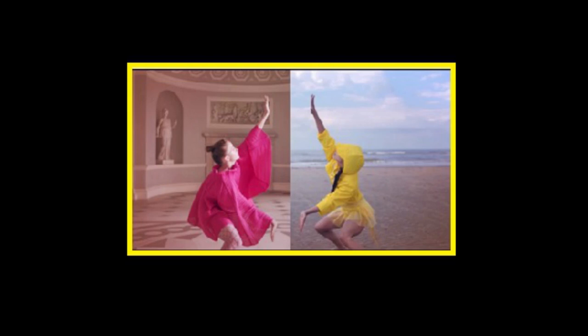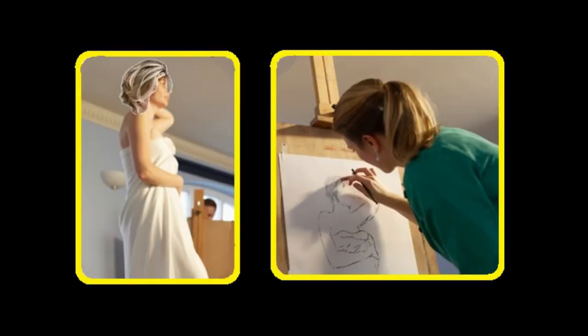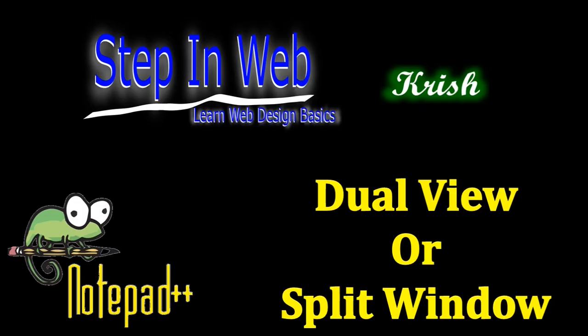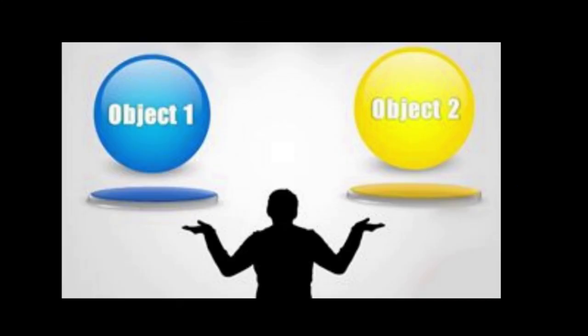horizontal position. This split window is very useful to compare two files, and we can refer to one file and edit another file. Like that, we can easily manipulate between two files. In the same way, we can copy some content of one file and paste it into another file. Notepad++ has two functions in the split window. One is move to other view and another one is clone to other view.